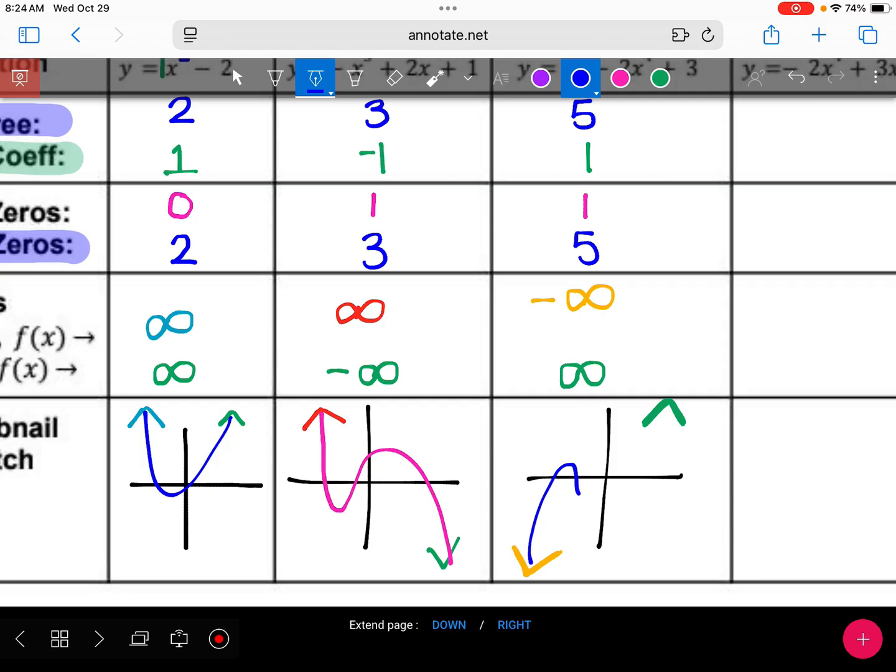So I could go 1, 2, 3, 4, 5. Ta-da! That one's totally an acceptable sketch. I could go like this. It has 1 root, absolutely valid. I could try and make any number of roots that I wanted. That one has 2. This one has 3. I can make any connection as long as I don't do